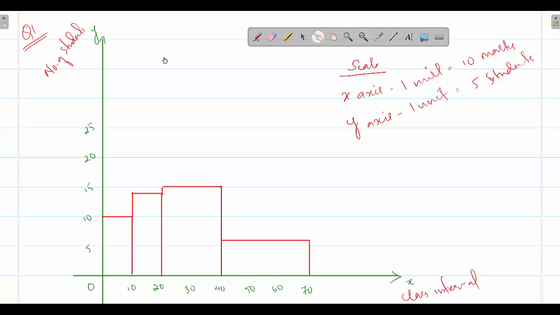All right. So this is it for question number 1. We're going to do one more question, question number 2. If you look at the question carefully, you're asked to draw a histogram, frequency curve, and frequency polygon, all the 3. So I'll be showing you one more question of how to do question number 2, after which I want you to do